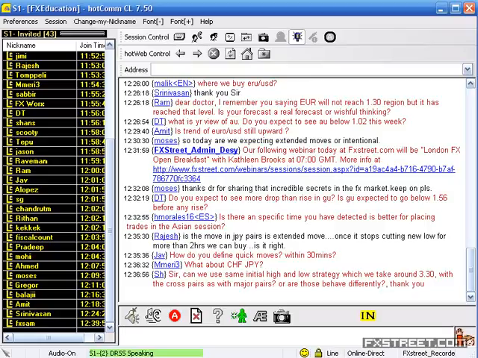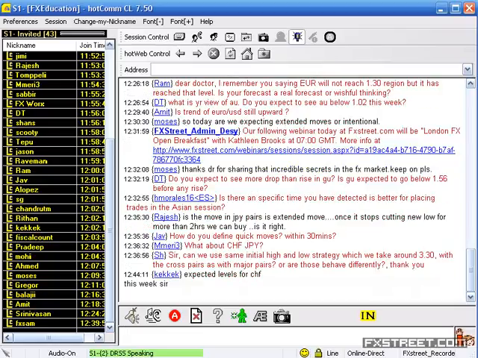NJ, how do you define quick moves? With quick moves, you know the momentum will be very, very fast. Suppose euro is trading around 1.3018, quickly it will jump to 1.3036, 1.3045, 1.3055, 1.3078, then 1.31. In about 10-15 minutes, you will find that they have gained all the levels. That is quick movement. Momentum will be very fast.